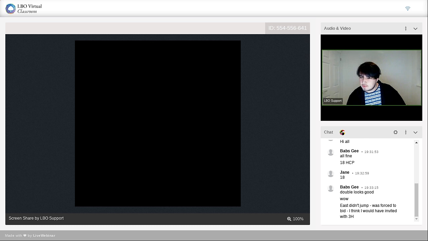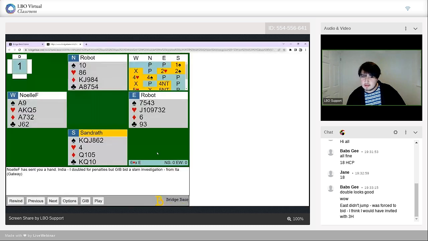You mean over the double? East, okay. So an invitation might be all right. It might work out well. Depends on your style of doubling. If you could double on